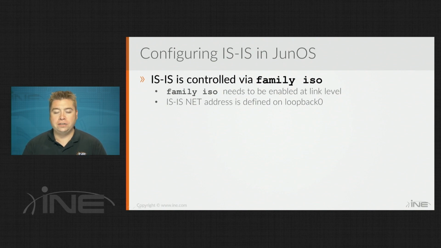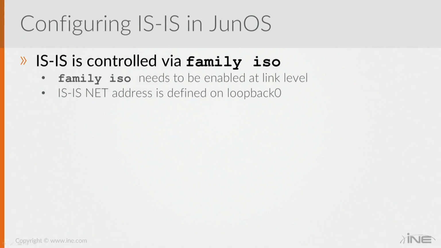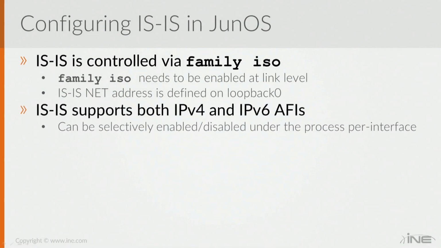So we go to the interfaces that we want to enable ISIS on, we activate the address family ISO, and then specify the NET address basically as an ISO address on the loopback. Then under the global process, we can selectively choose whether we want to enable ISIS for IPv4 routing versus IPv6. So just like we do in IOS, we can have a single SPF run for both of them, which is called single topology ISIS, or we can separate the topologies into two different SPF runs, which is also known as